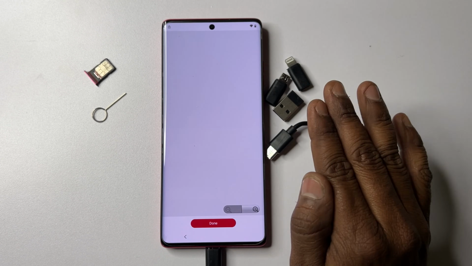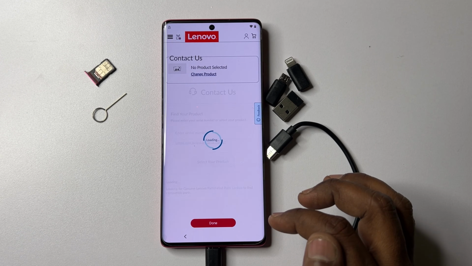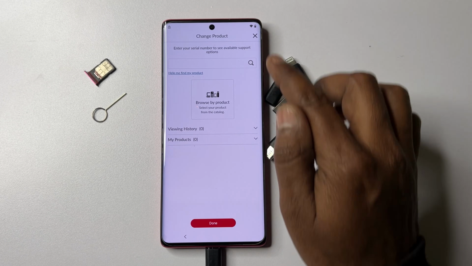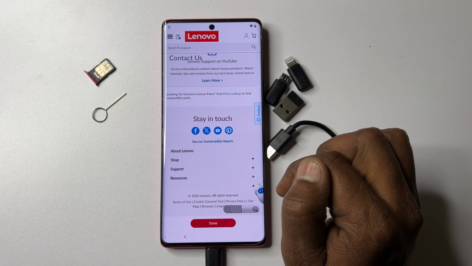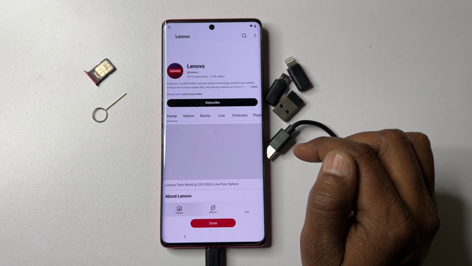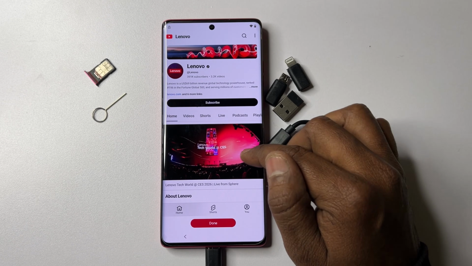If you are not seeing any text, go back. Again wait, click to close, go down and find this small YouTube icon. So click here to open YouTube on your mobile screen, and then after your YouTube application has been opened,